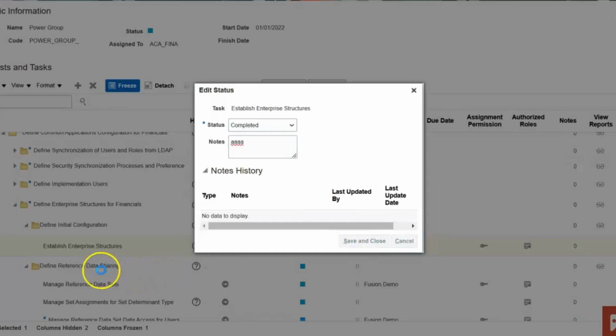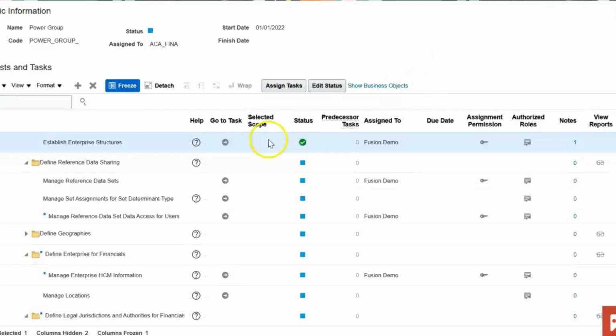So if my project manager comes up, he can view this project definitely, and he would know that okay, this particular task is completed. Maybe out of these four, he has completed three, one is still remaining. So that kind of tracking mechanism will be available, so the status changes like this. All right, now